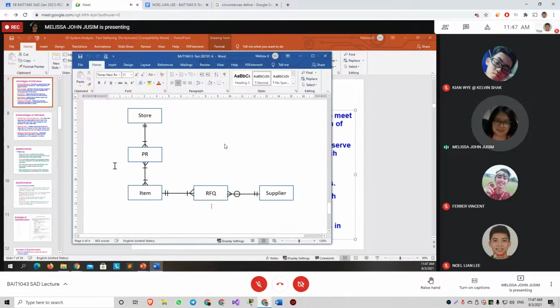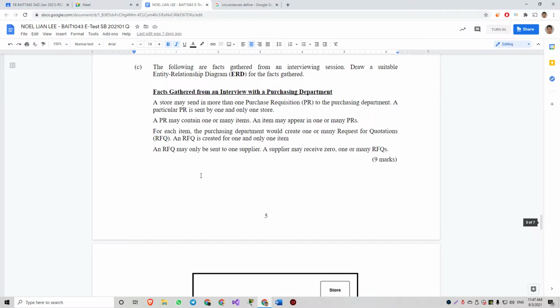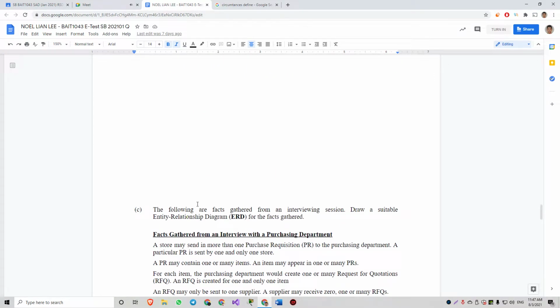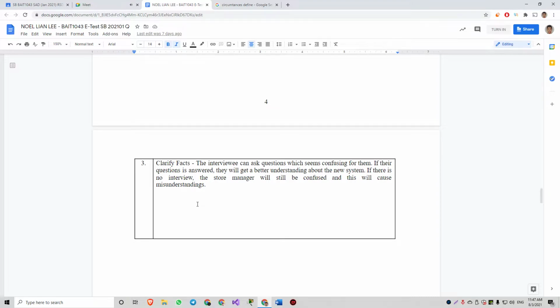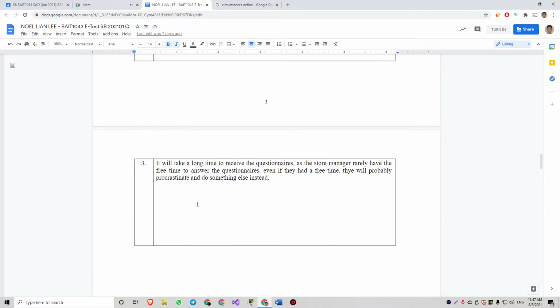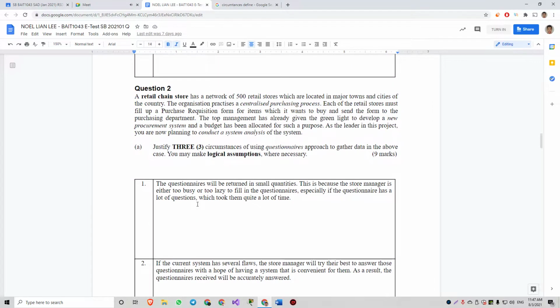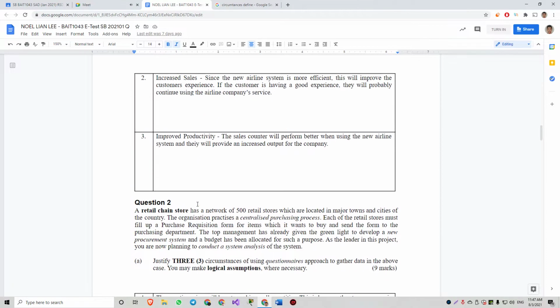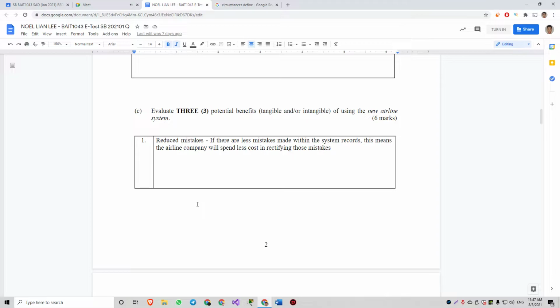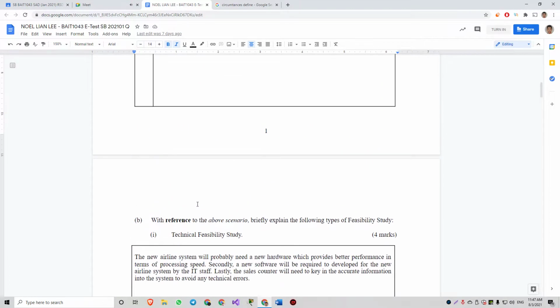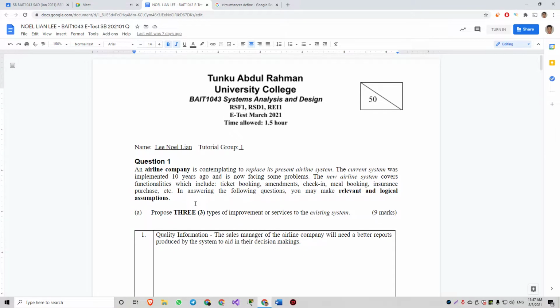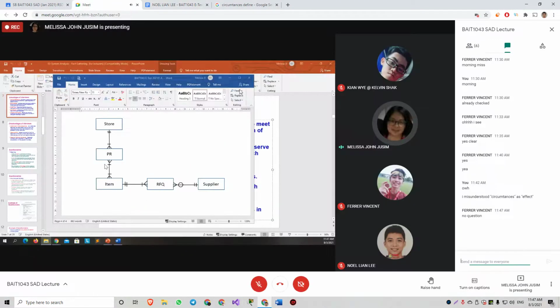Okay, so is there any question so far? No. Okay. So like what I mentioned in my email, that one is yet to be reviewed. So I'm waiting whether my reviewer will agree on how I give marks on the many-to-many relationship. Okay, and for the others. All right, and then there's a dash line. I think Calvin, you used a dash line.